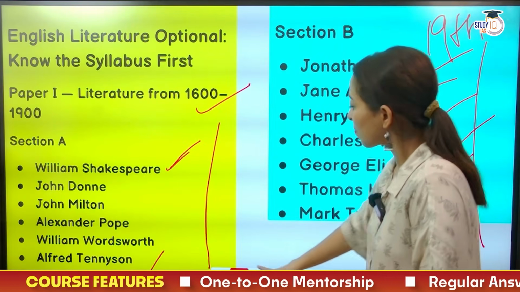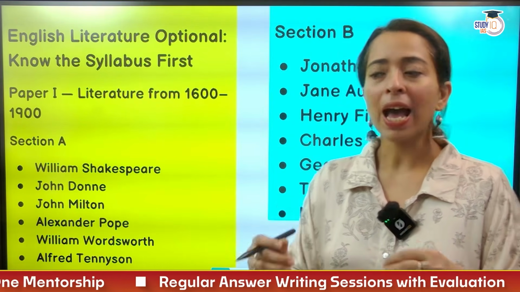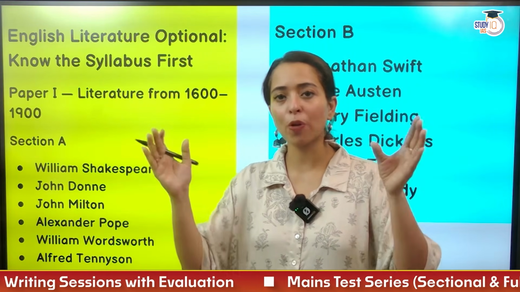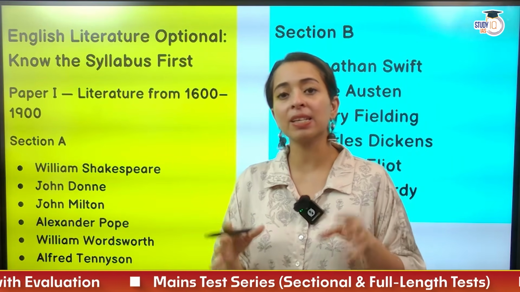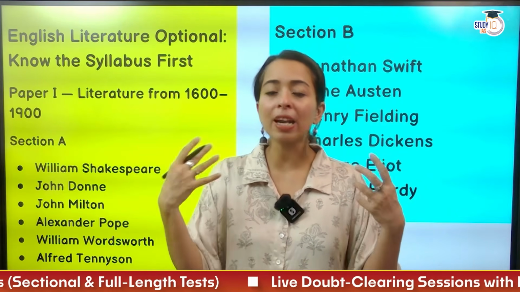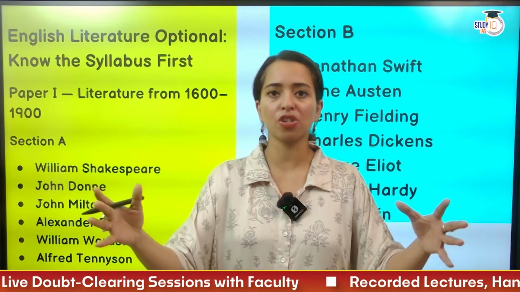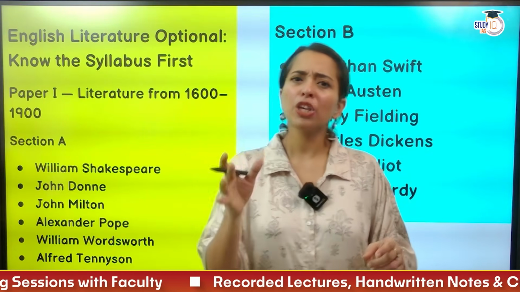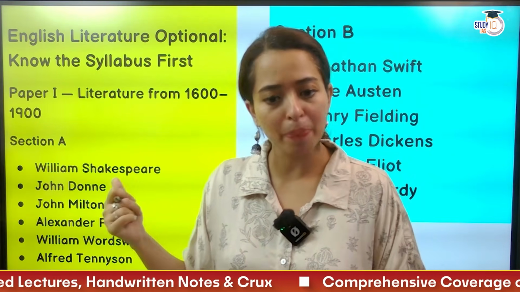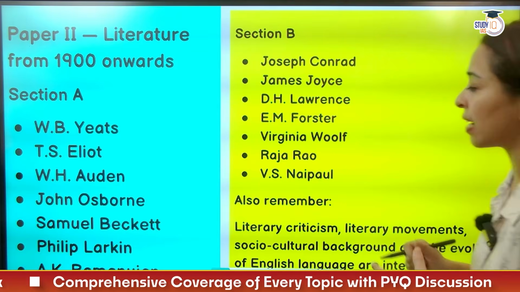Okay, so remember this. I always tell my students that paper 1 is very easy breezy. I have taught various competitive exams, and UPSC English literature, fortunately, is one of the most confined subjects. And this is the reason that taking this subject will help you score more, because this pool is small. It's not that a lot of people take English literature. Even if you do not have a background in English, that does not limit you from taking it, because you just need to know the history of literature and certain literary terms, and you will be equipped enough to attempt the paper.